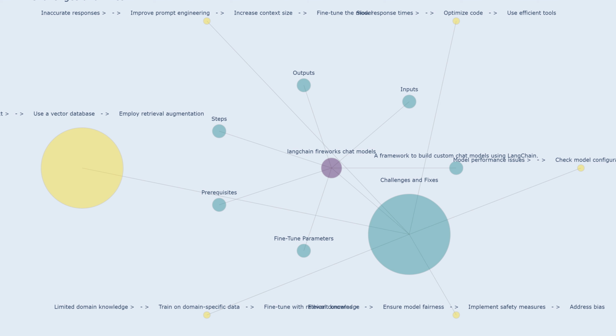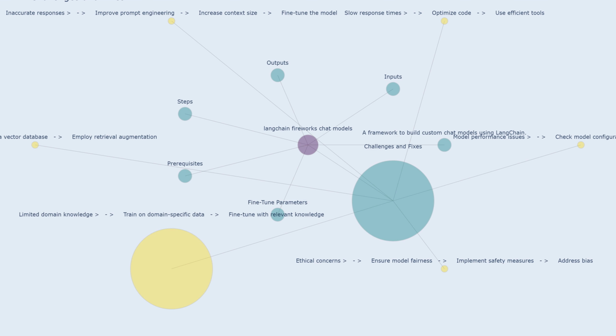For example, a chatbot answering questions about current events might leverage retrieval augmentation to access and incorporate relevant news articles into its responses. Limited domain knowledge: situations where the chat model lacks sufficient knowledge about a specific domain, limiting its